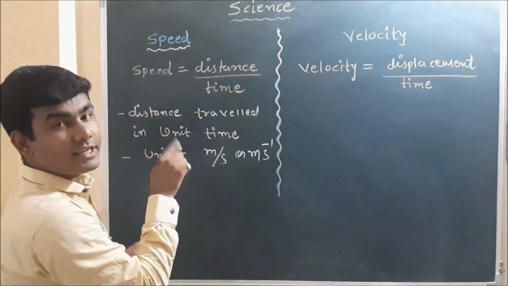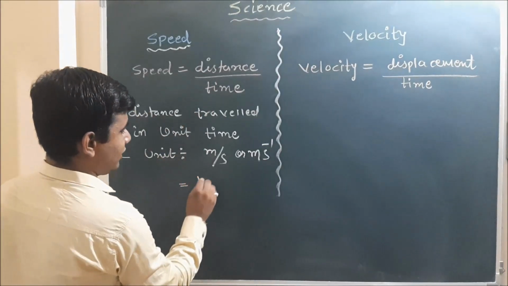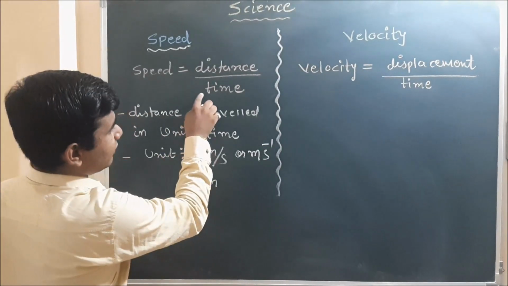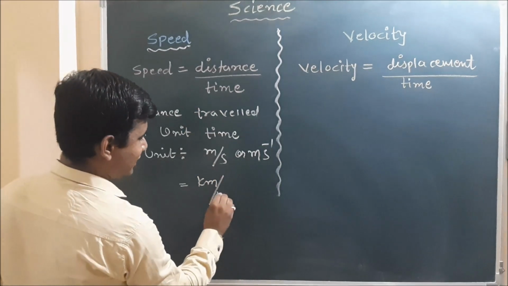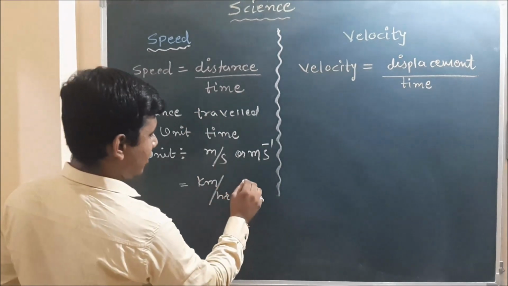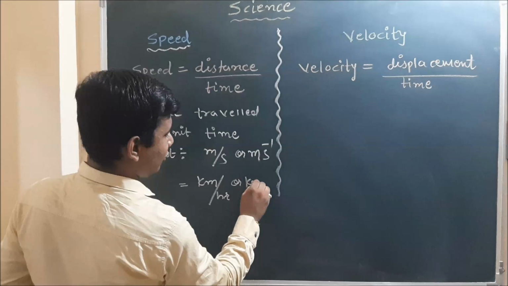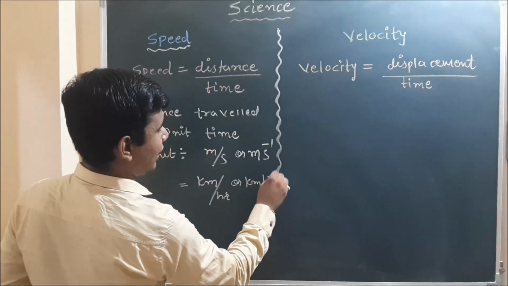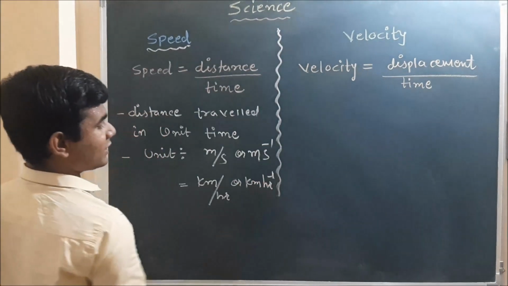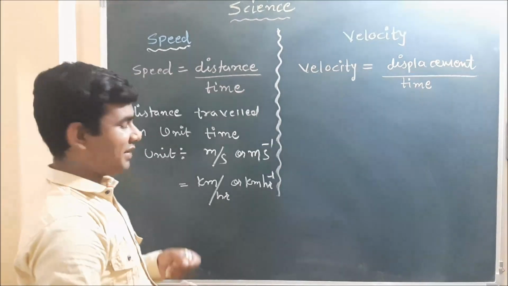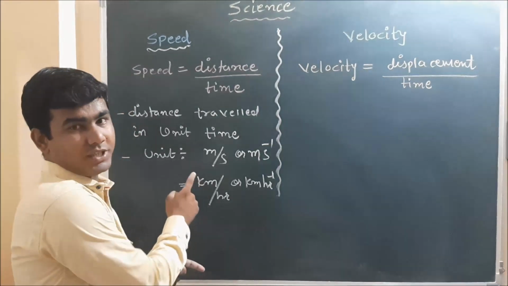If the distance is in kilometer, right, and the time is in hour, we can write it like this, kilometer per hour or kilometer hour inverse. Generally in the speedometer which we see in our vehicles, the unit is kilometer per